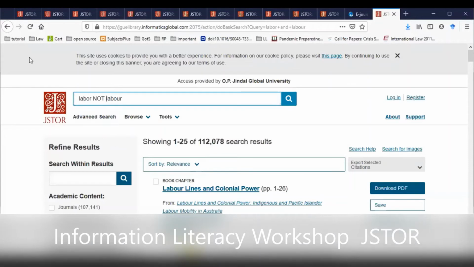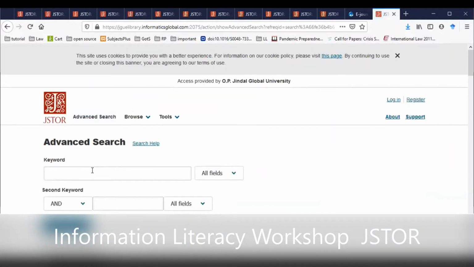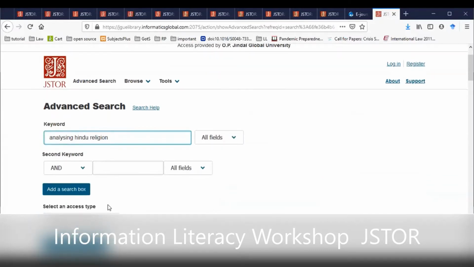Great. And I really want to go to advanced search. Herein the same screen has appeared. So I want analyzing Hindu religion. I will be searching in all the fields, and then maybe if I use OR, and I am taking an example for the spelling variation, analyzing Hindu